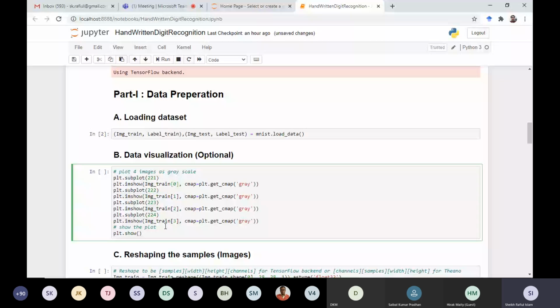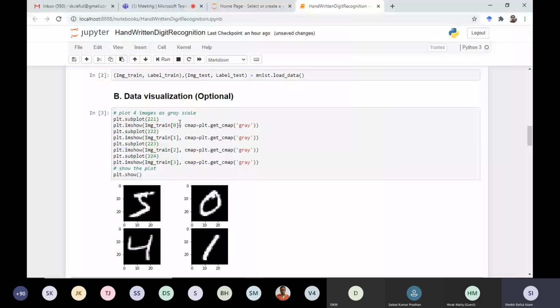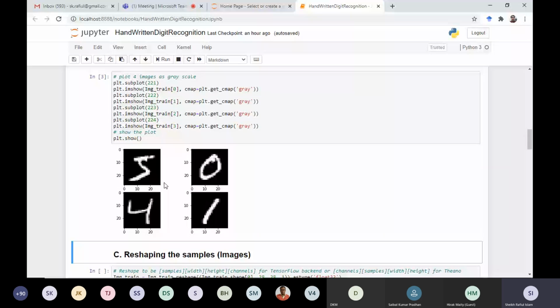And see, the color map is gray, because we want to see this output using the gray color map. We have just taken the first, second, third, fourth image from the training data set. So this is 5, this is 4, 0, 1. So these are the images. As I already mentioned, the dimension of the images is 28 cross 28. You can easily understand from these values.